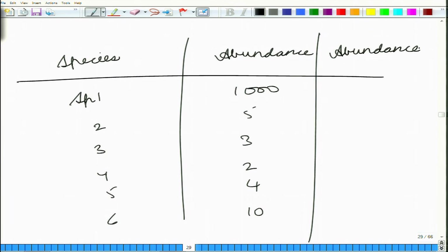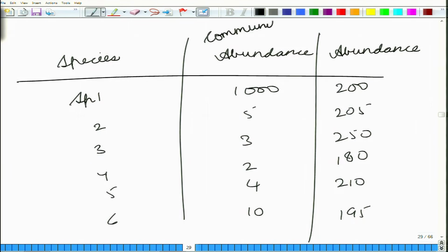Let us talk about another community where you have the same species, but their abundance is, say, 200, 205, 250, 180, 210, and let us say 195. Now, this is community 2. In the case of the first community, we will say that this species, species 1,